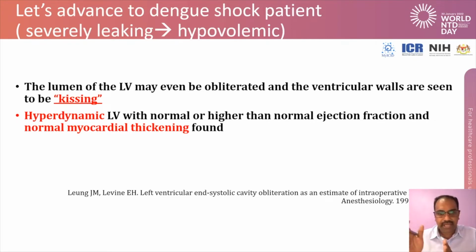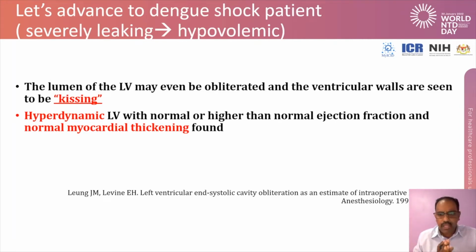That means the IVS wall and the infralateral wall start to touch each other where it is collapsed. And the LV will be very hyperdynamic, and the ejection fraction can be normal or higher than normal,